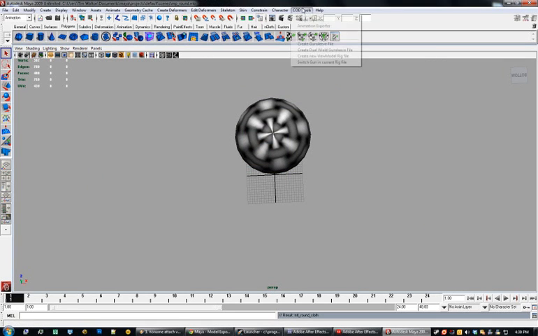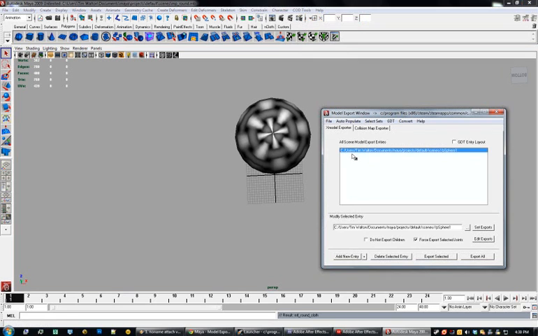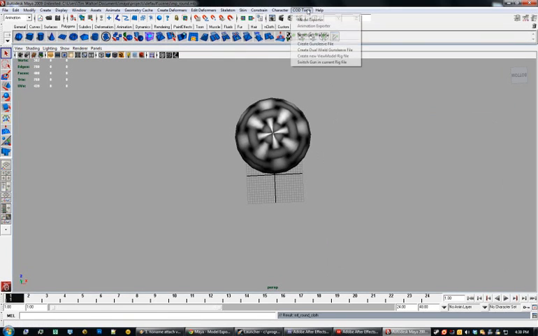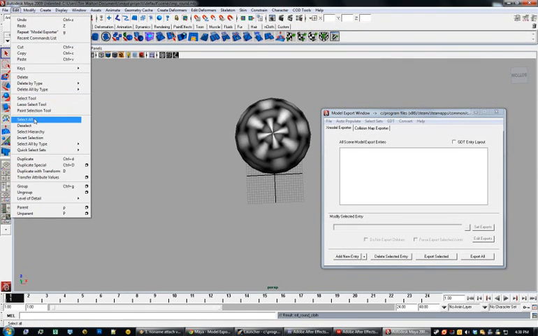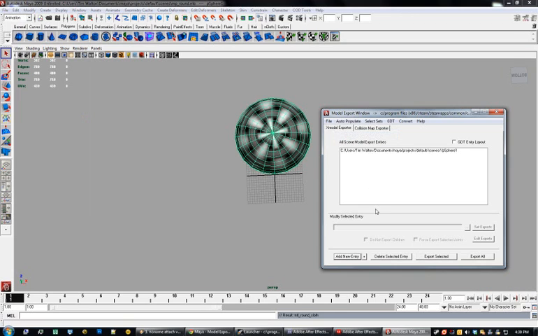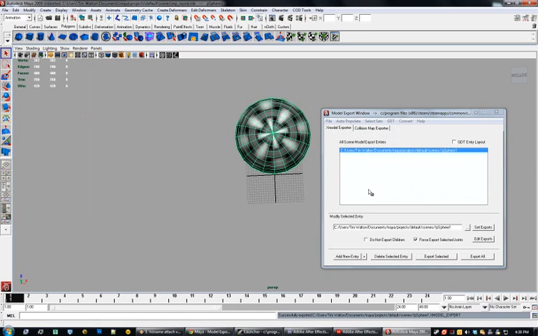Then come over here and we'll export our model again, and we should be good to go after that. So we'll select all, auto-populate from selection, select it, and export selected. So we should be ready to go over into the asset manager now and actually create